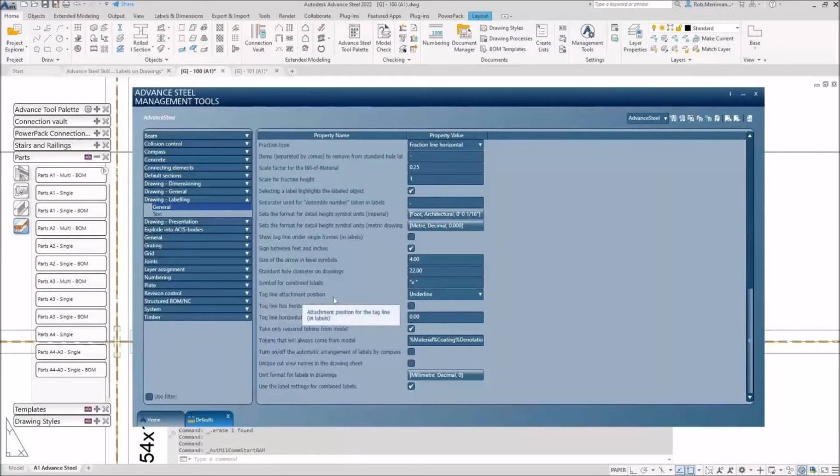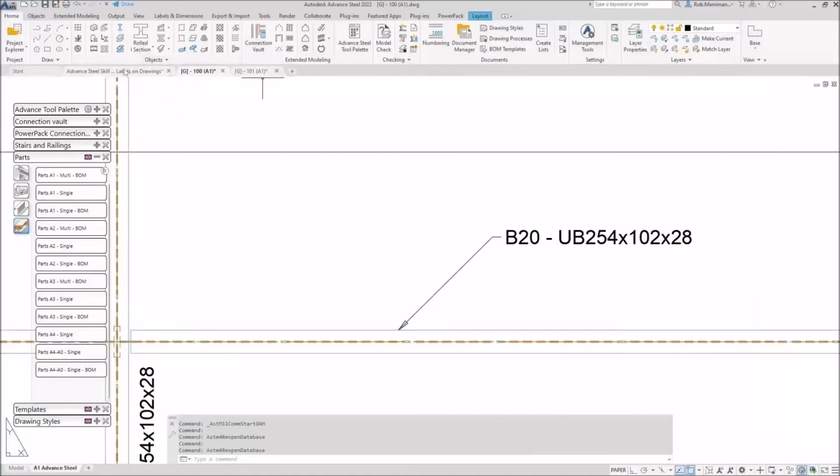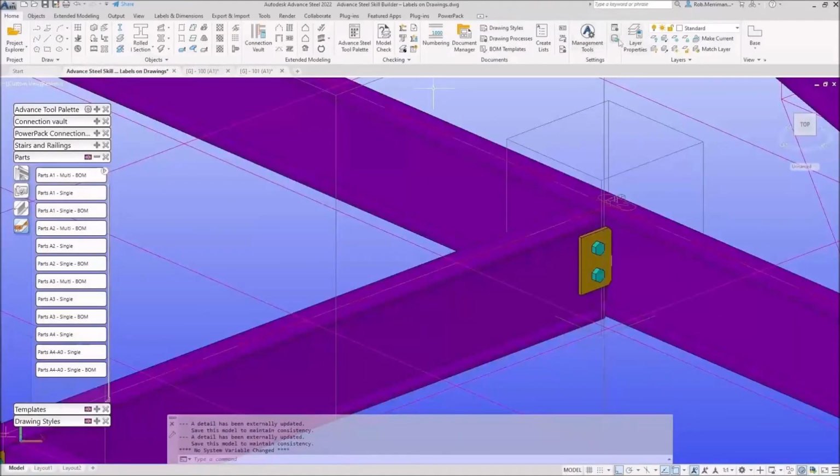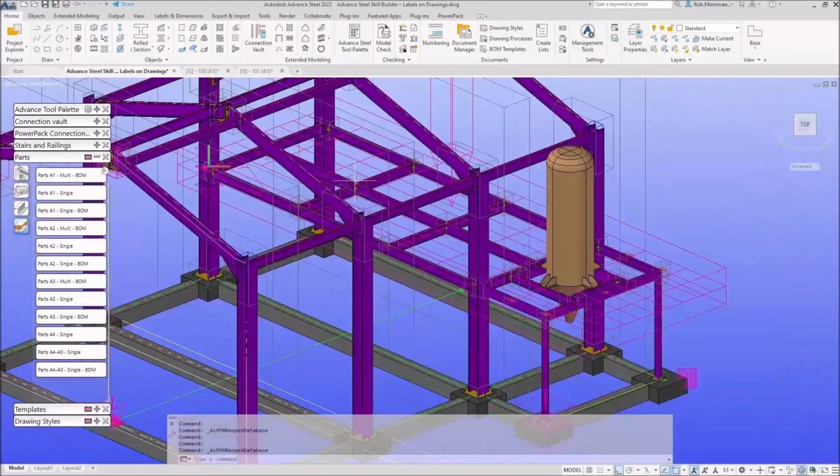Tagline for attachment position, I can set to middle. Tagline has a horizontal landing, I can say yes. And what tagline horizontal leader length do you want? So we'll set that to 1.5 millimeters. I'll then load those defaults back into Advanced Steel. I'll come into this model. I'll refresh those defaults and